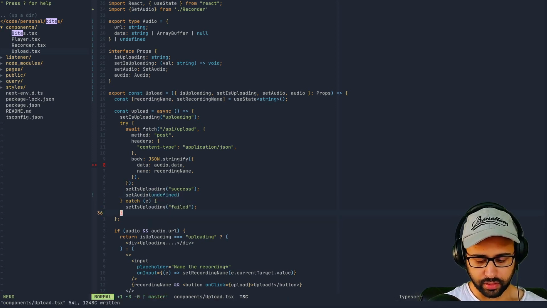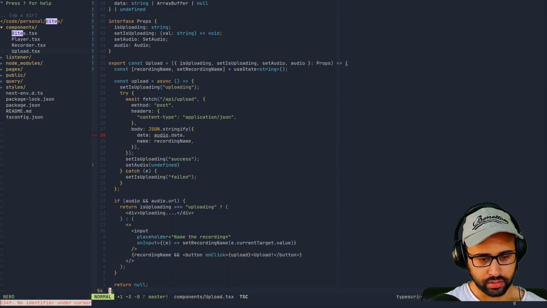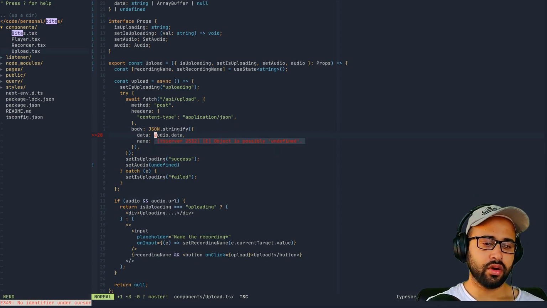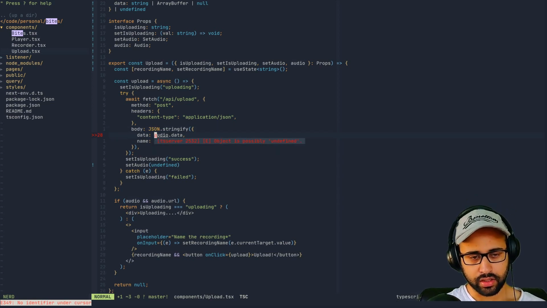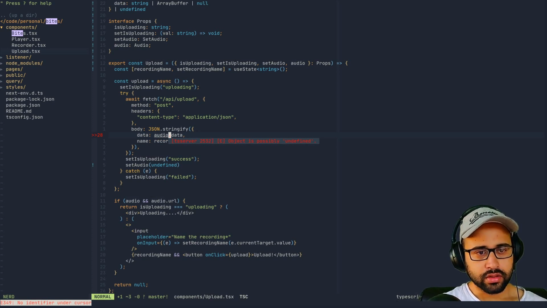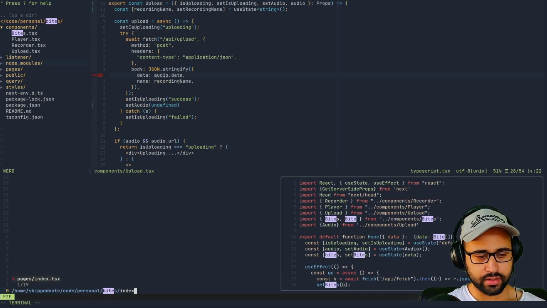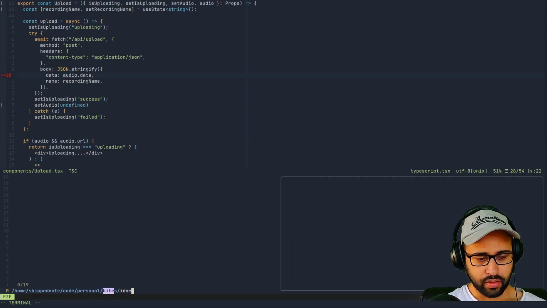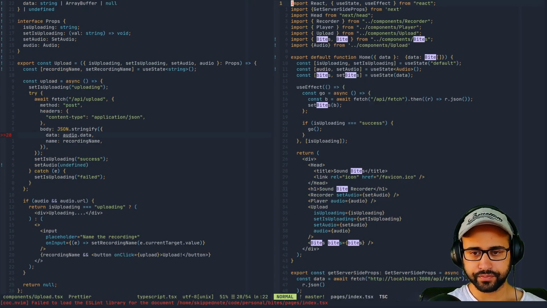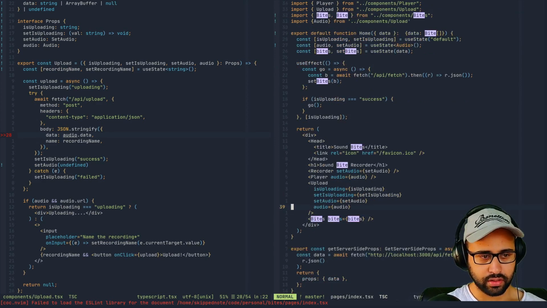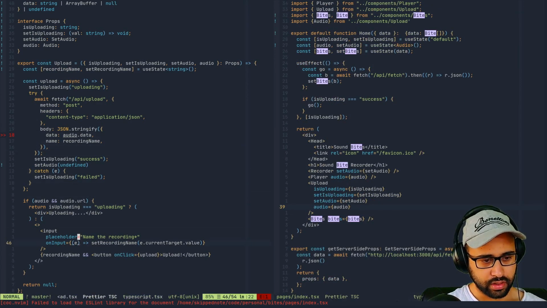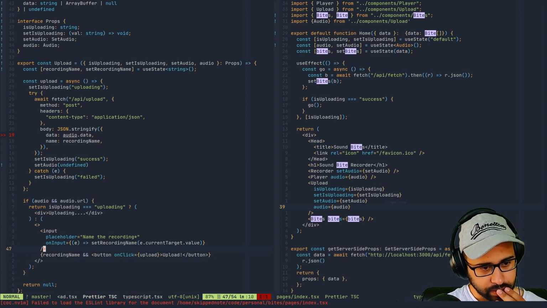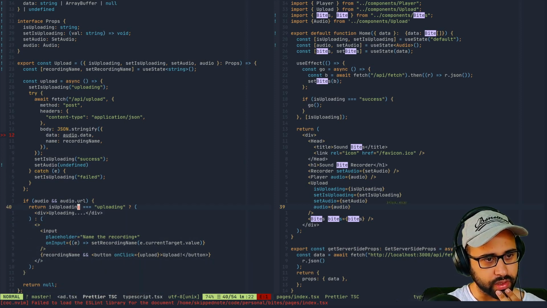This is fixable. Do you have any other issues? Just this one, right? So audio can be null, right, or rather undefined. And how do we make sure that? So we get to this upload UI, right? So if we open our index file, not here, if I open index and we show upload here, okay, so there's no check. At least what we do is we check if audio is there and audio has a URL.